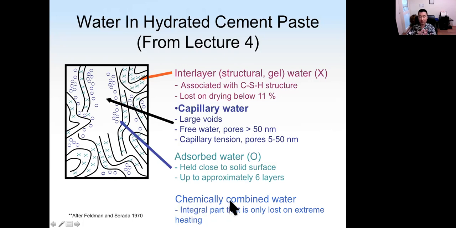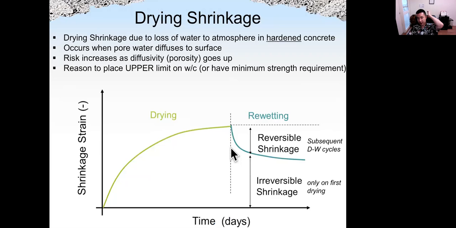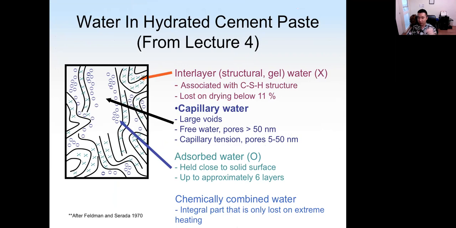Okay, the shrinkage of concrete is caused by slippage between the CSH sheets. If the slippage occurs, then the shrinkage is not reversible. Okay, that's the reason why when drying shrinkage occurs, even if we put the concrete back into water, part of the shrinkage is irreversible. Okay, that is because shrinkage is caused by loss of water in different parts of the concrete.